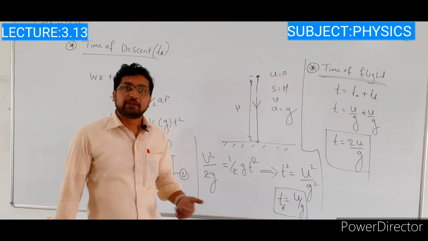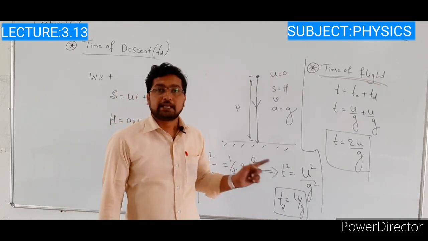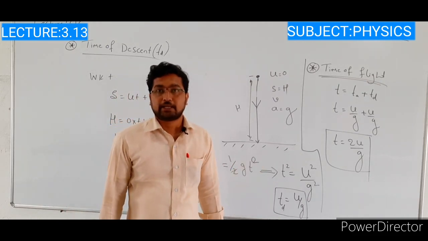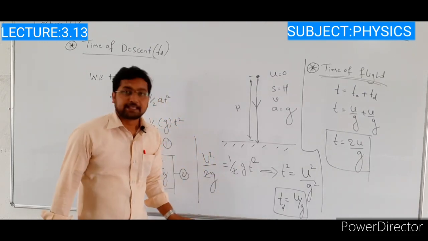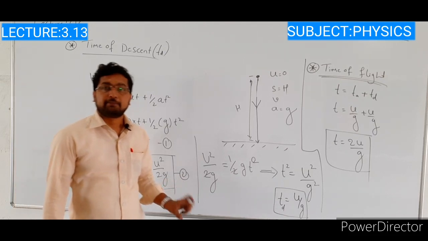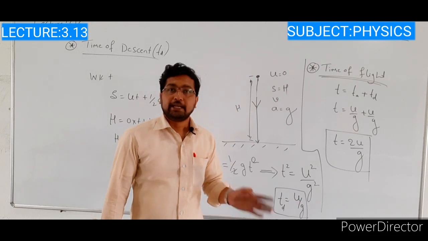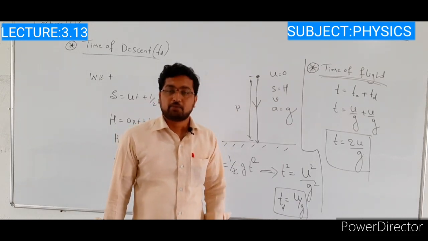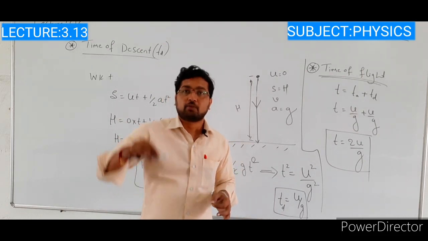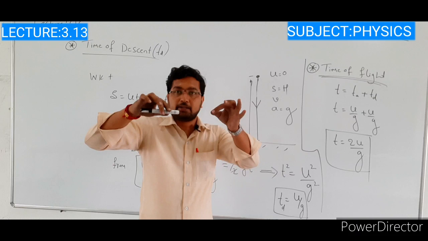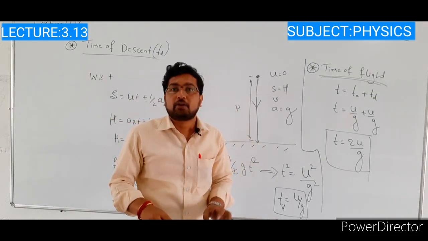In the absence of air resistance, the time of ascent and the time of descent values are both the same. And in all these expressions, the mass term is not involved. So the motion of an object is independent of its mass. For example, if there are two bodies, one a heavy body and the other a light body, both released from a certain height, both bodies reach the ground at the same time.